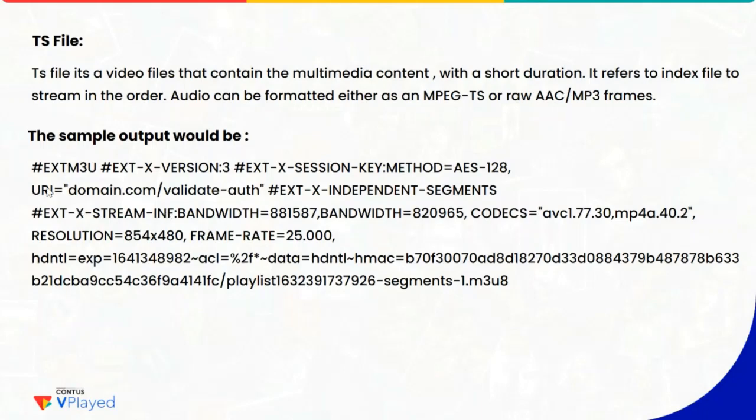If you look at this particular M3, it denotes the HLS playlist, and here the 3 denotes a version. Here we have AES-128. It's nothing but the key info file, I mean the encryption key. That's what is mentioned as AES-128, whereas if it is DRM, it will mention the specific DRM file name here. Here we mention the URI. Once the player has downloaded the key, the very first activity is to refer to that particular domain in order to validate whether the key is valid or not. Based on that, it starts to download the further TS files to play the movie.